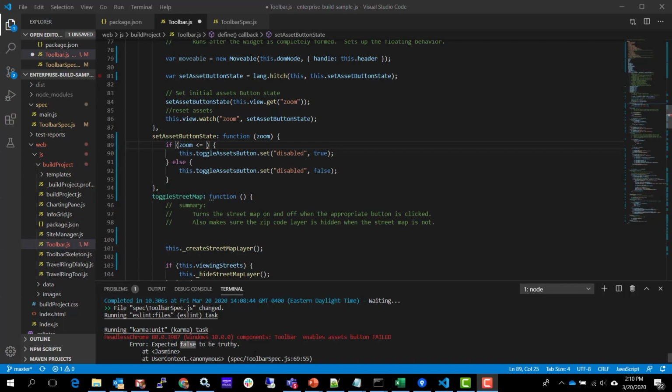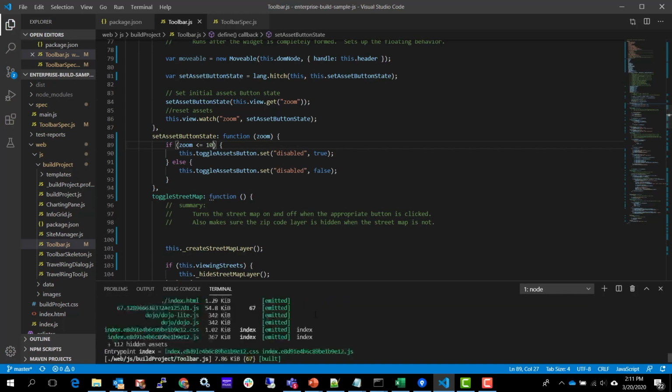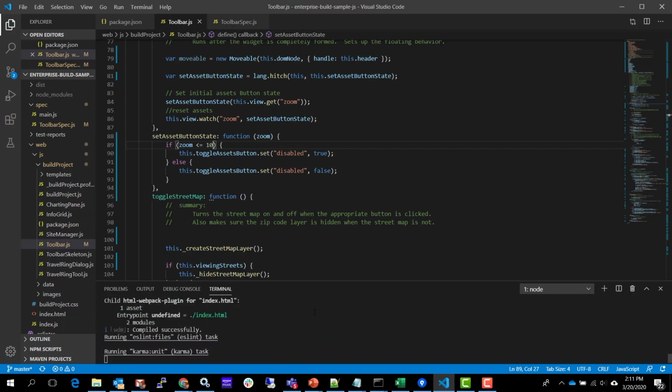Our test showed us that this value should be less than or equal to 10. Now that we've updated that, we see that our test will run one more time